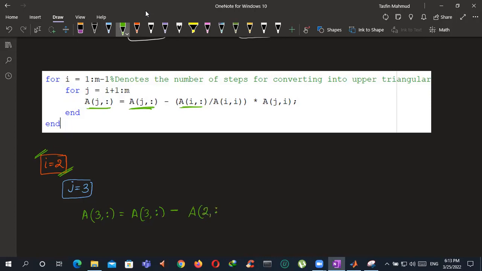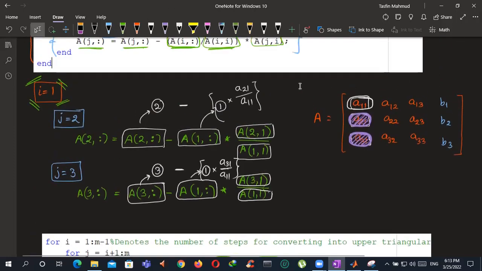So A(2,:) is being multiplied by A(j,i). So A(j,i), the value of j is 3 now, so A(3,2), and divided by this portion A(i,i), the pivot element. i is 2 now, so A(2,2). So if I copy the augmented matrix as well,